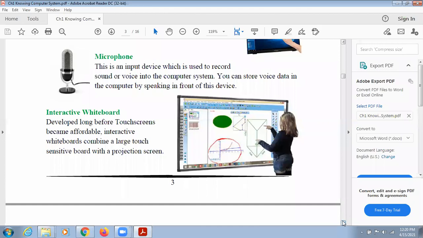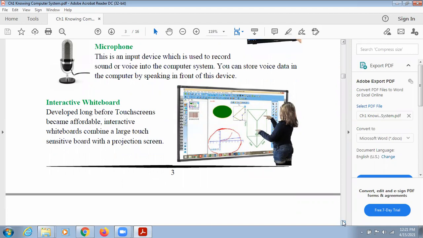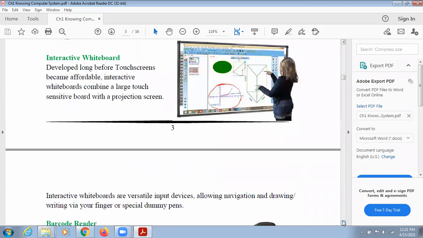Next is microphone. Using microphone, you can record your voice and sound into the computer, and once it gets recorded, you can play that music file, or maybe that file again, and you can listen to your own voice also. So you must have seen the microphones in the junior computer lab, which we are using as a language lab also, right? Okay, so microphone is also an input device, because using microphone you are putting the voice or maybe the sound into the computer.